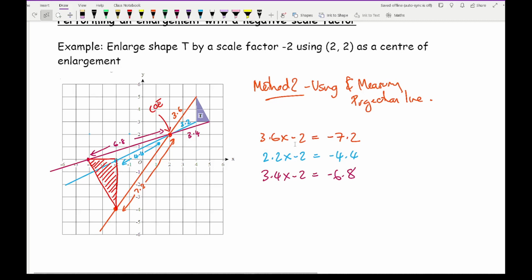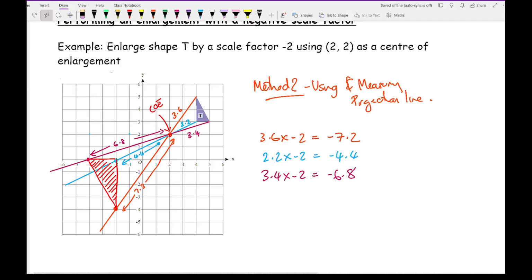But like I said, I would say the column vector will be a lot neater, but it takes a little bit more time. But you need to make sure you are drawing your projection lines, because the correct way of enlarging a shape is by doing method 2. However, there is a little sneaky way in which you can do it by looking at the vectors. Once you've got a couple of coordinates, you can guess where the other points are going to be, but in the mark scheme they will be expecting at least 2 projection lines being drawn, whether you've used method 1